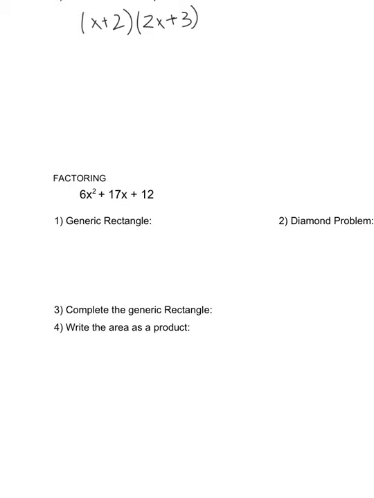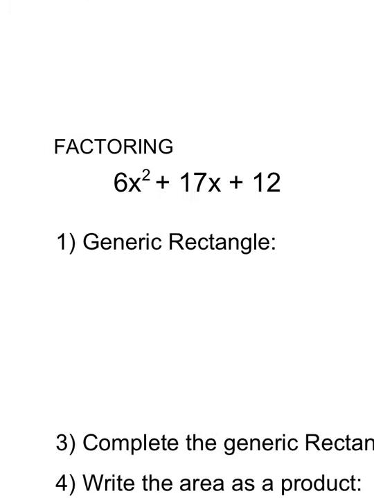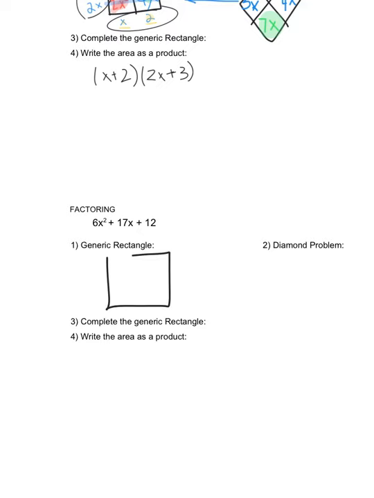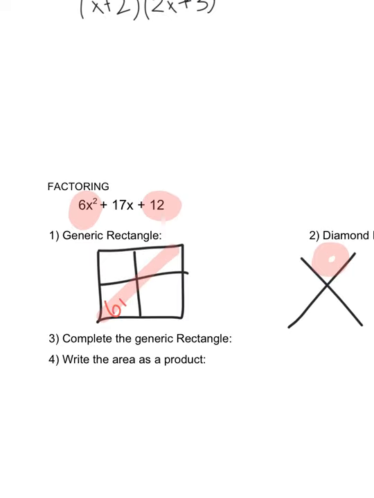So once again, when I look at this problem, 6, 17, and 12, they don't have anything in common that I can divide them by and take out as a greatest common factor. So I know I'm going to need to use the rectangle and diamond. So I draw a rectangle with the 4 quadrants and the diamond problem. The squared term, 6x squared, and the 12, that's alone, go into the diagonal. And when I multiply them, they'll go in my diamond problem. So 6x squared and 12. And if we multiply 6x squared times 12, they multiply to